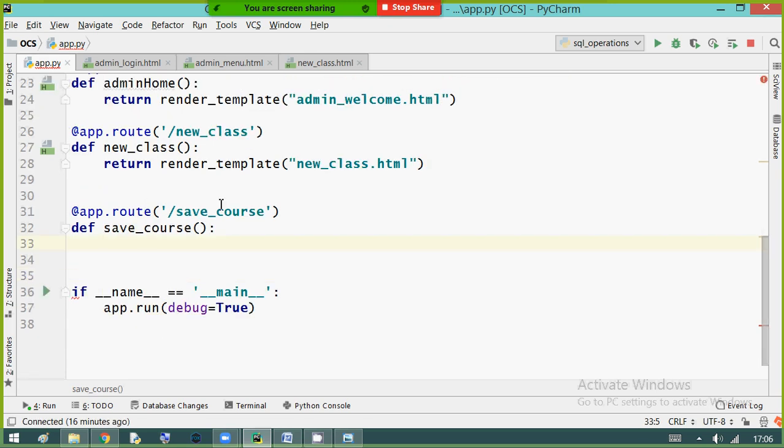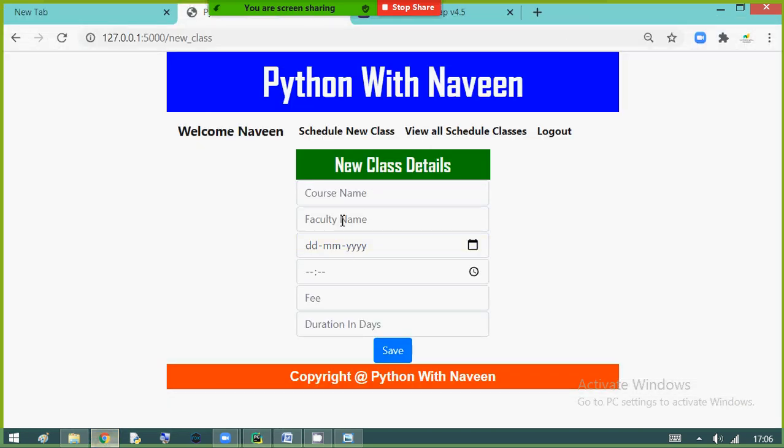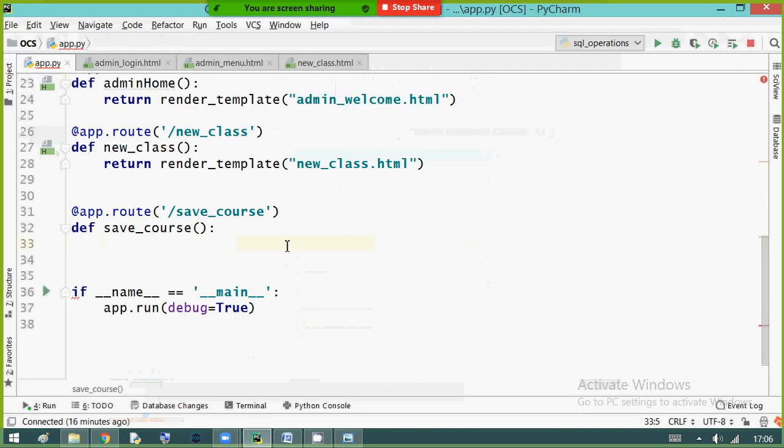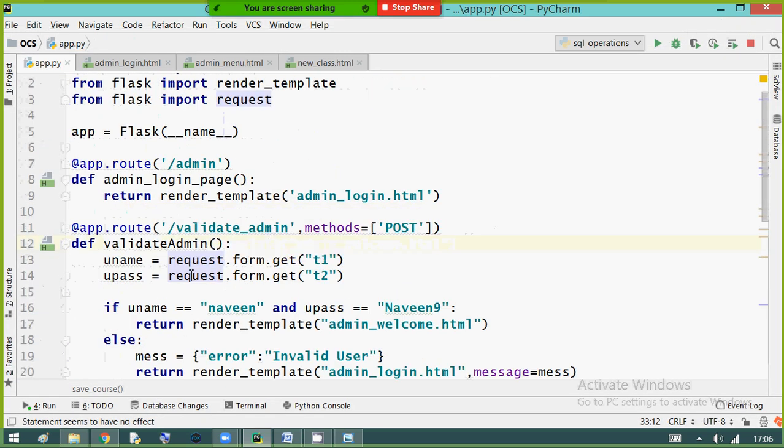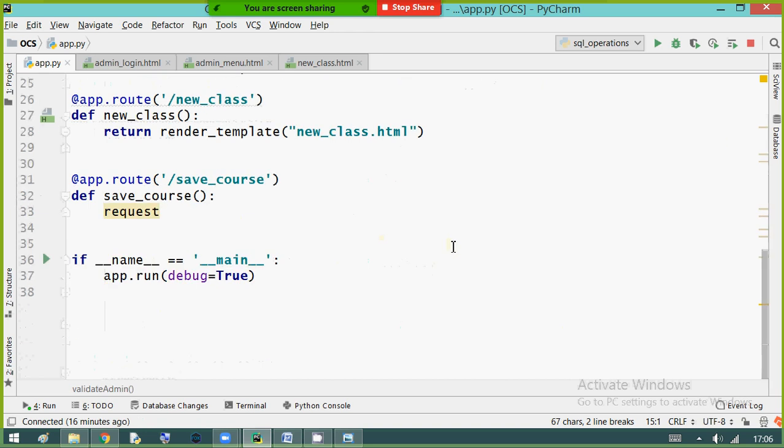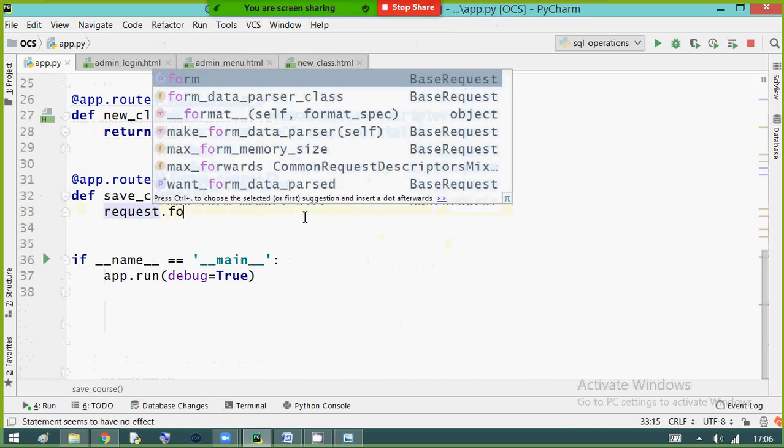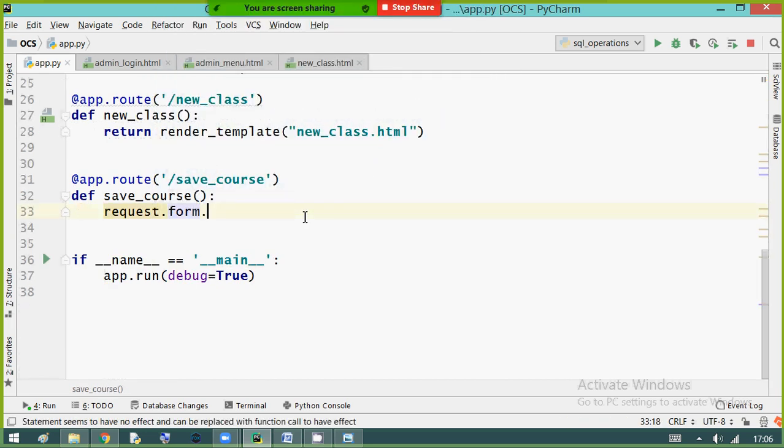Now read all the form fields. To read, we use request, as we did in our previous login page. Same process. request.form.get C1, that is my course name. I'm writing in short, C name.